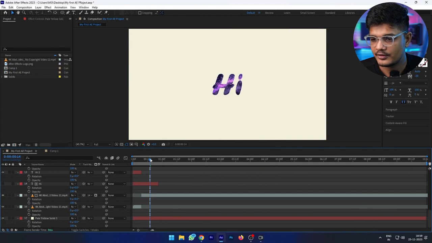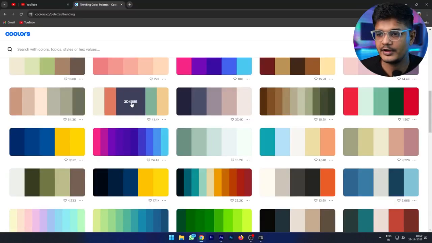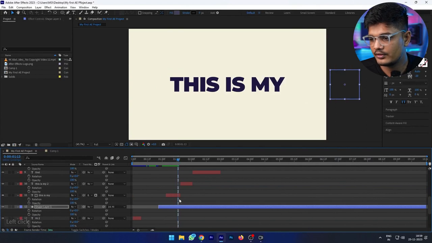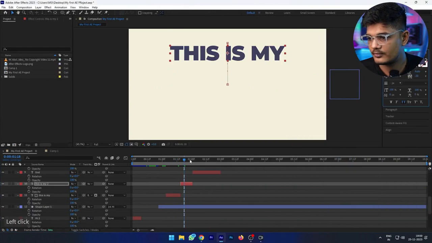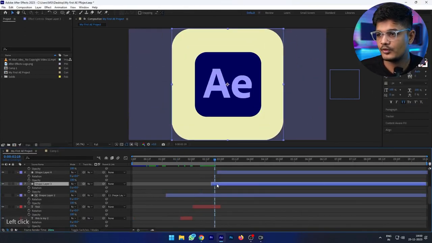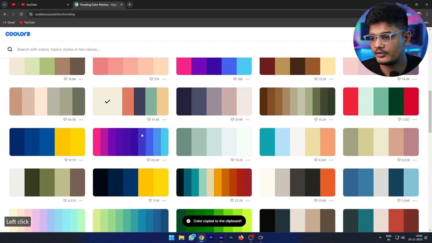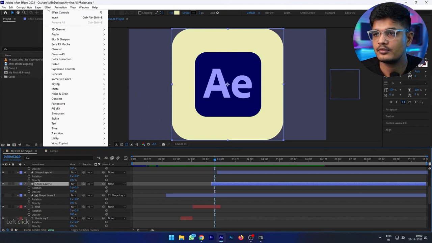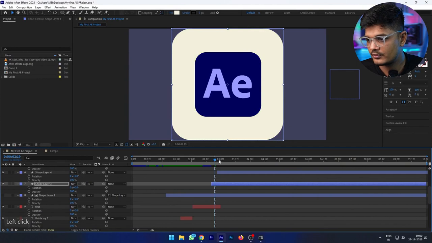Now next, this box color. Now this text over here, let's change its color too. Now these colors, let's just copy this color and use it here.